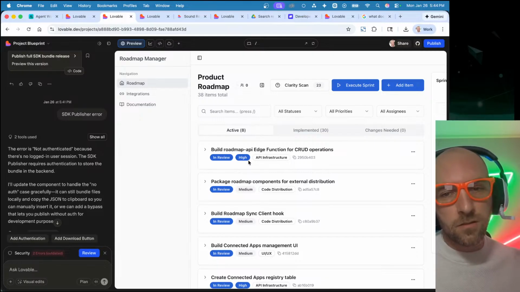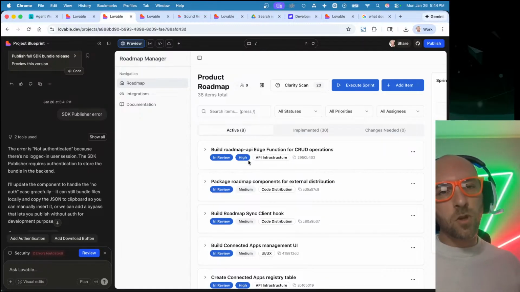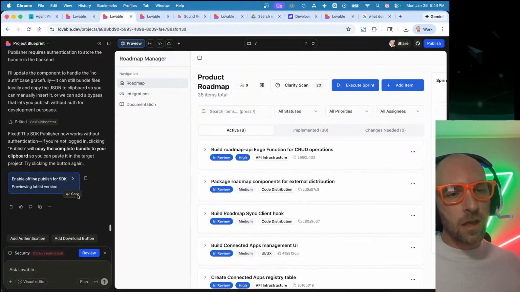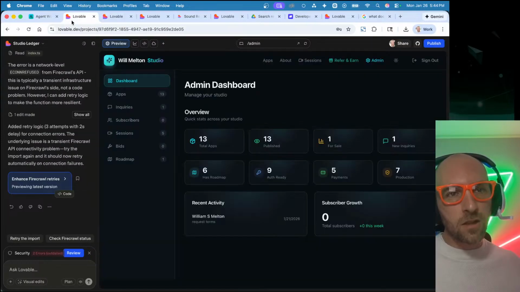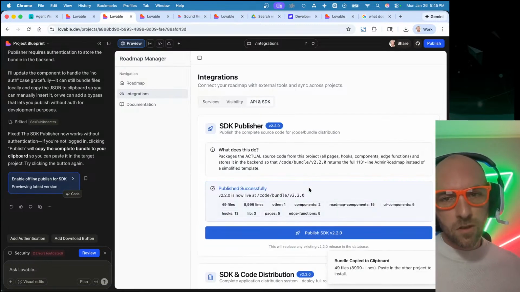And this is something I've been spending a lot of time on in the last week because I've been building a lot and I've been recognizing that I've been doing a lot of the same things over and over and over again. And so I'm trying to eliminate those repetitive processes and streamline them with this. And I'm trying to take it a step further by being able to install these roadmaps with.